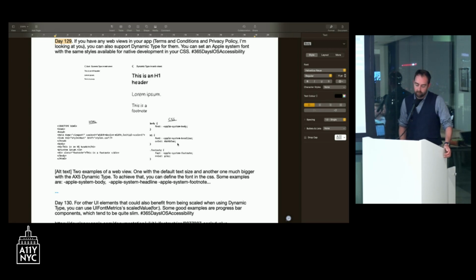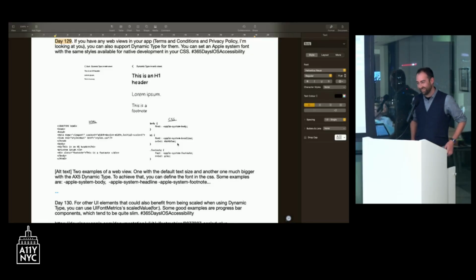Do you know if this works on iOS Safari, presumably? Does it work on Safari on macOS? Good question. I don't know. This is amazing. Thank you for showing me this. I'm gonna go home and play with this.